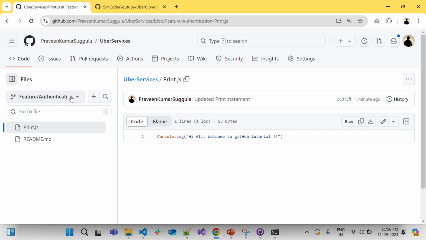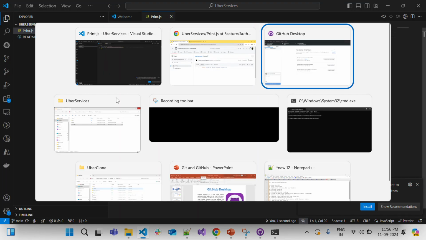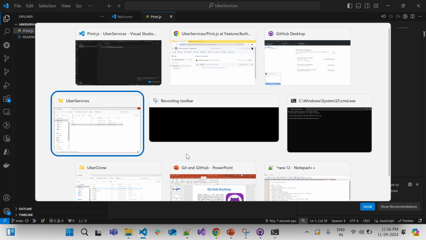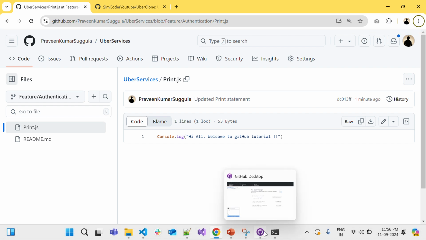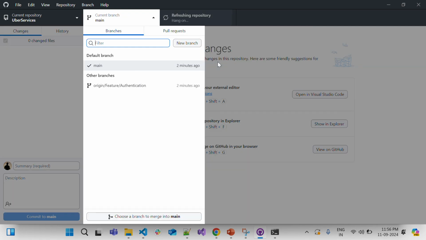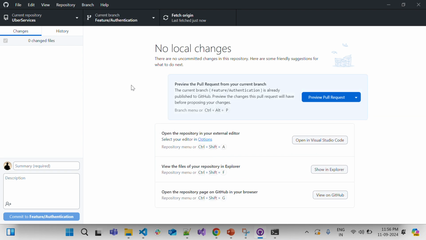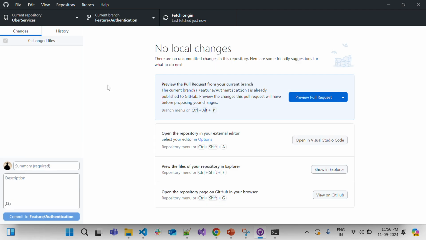Yes, my feature branch got created, but it won't reflect in my local one. In order to reflect it, we have to fetch the branches. So I'm fetching this. See here, our branch is now available. I have checked out to this feature branch to make some changes, and